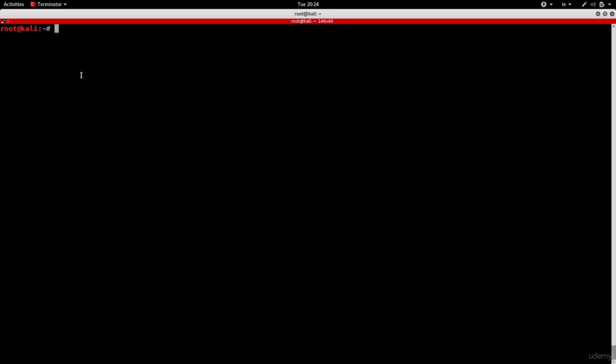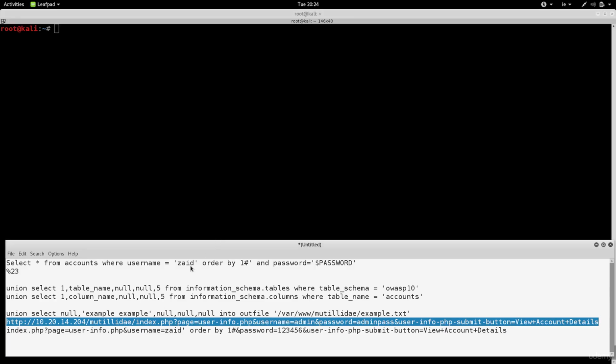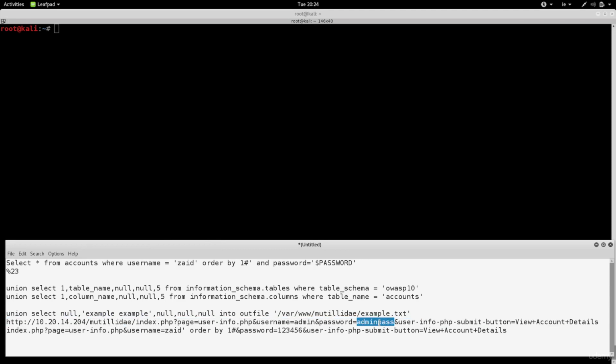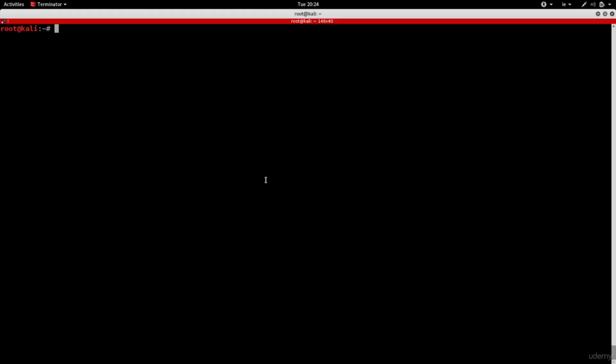So let's first of all get the URL that we were using for the injection. I have that text file here, and I have the URL that we were using before. So it's the userinfo.php, username is admin, password admin pass. You don't really need to know the username and password, so I'm actually just going to put anything here, just to assume that we don't know the password. So we're only injecting SQL injections. We don't really need to know any of this stuff. All I'm going to do is copy this, and then I'm going to run sqlmap,